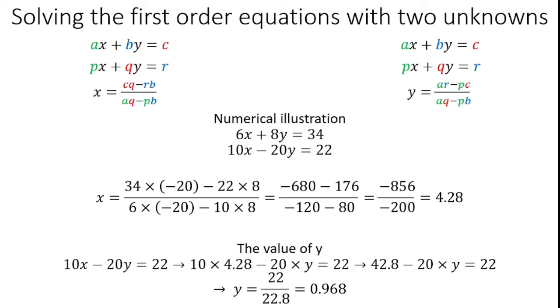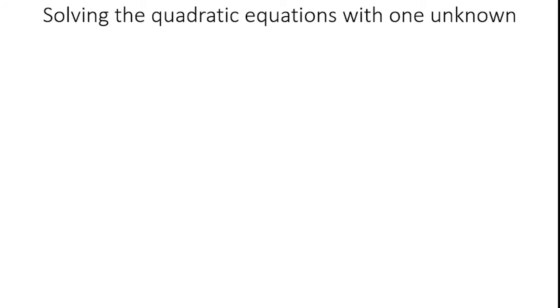Here you see y is equal to 0.968 we got from the available equations, but then we move to the second order equation. What is the next step? Yes, solving quadratic equations with one unknown. For your understanding, I explained with only one unknown variable in the quadratic equation. The quadratic equation is generally expressed as ax square plus bx plus c is equal to 0. Here, how can we identify the unknown x variable value? Yes, the generalized formula for the quadratic equation is minus b plus or minus square root of b square minus 4ac, divided by 2a.